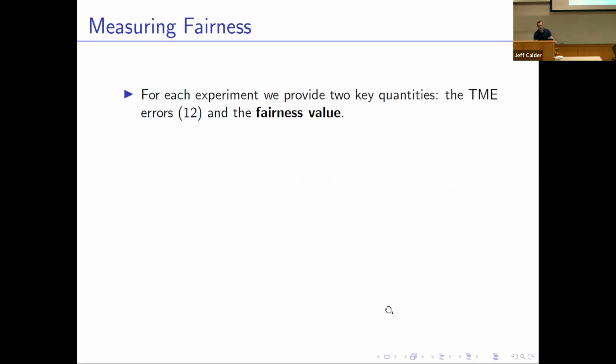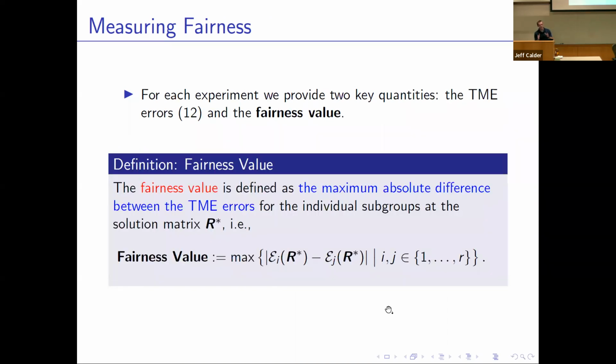So we need to measure fairness, and one way we can measure fairness, in our numerical experiments, is that we give back two measures. We give back the TME errors, and we give back something called a fairness value. The fairness value is essentially the maximum absolute difference between the TME errors. So you're only as fair as how far apart the best and the worst TME errors